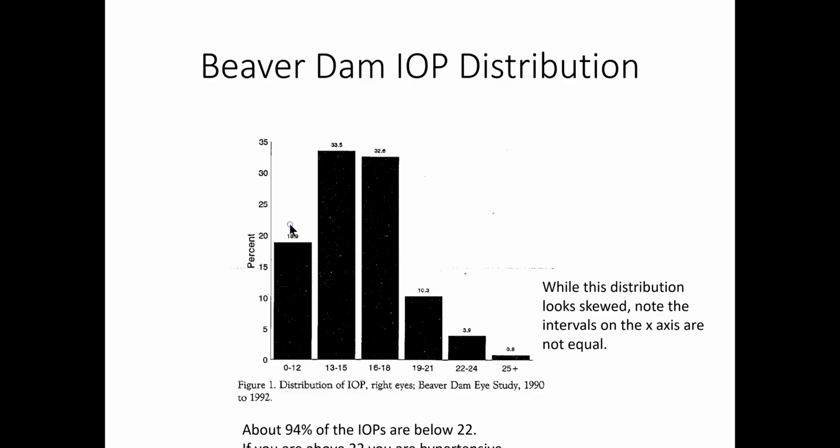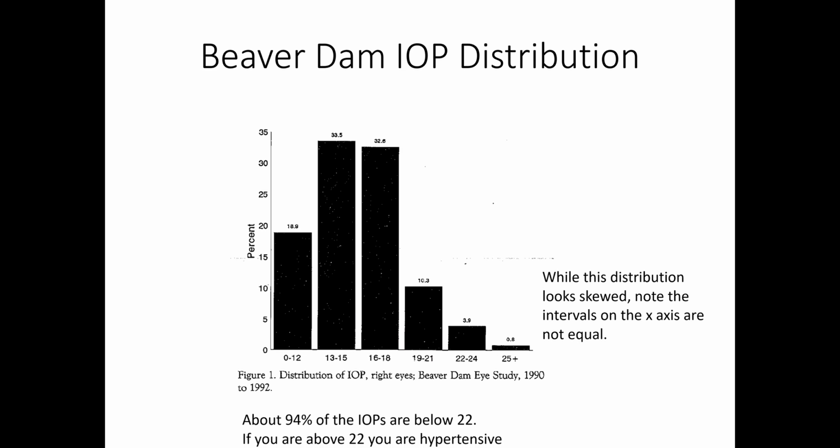Now, the thing that's nice about this study is they published the distribution. If you look, down here's the x-axis. This is IOP. And the y-axis is the percentage of people in each of these categories. At first blush, this looks like an asymmetric skewed distribution, but if you look at the interval here, it's 0 to 12. If you broke these people out, now not too many people have a 0 IOP, but the number goes down to 6 or 7, and it would have looked a little bit more symmetrical. Whether you would have concluded that it was symmetrical or not remains to be seen. But in any event,